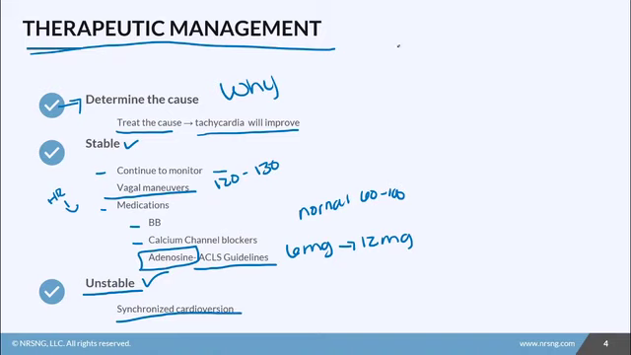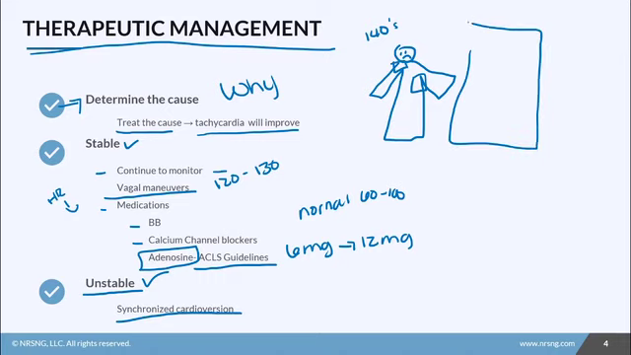So let's talk about a synchronized cardioversion, because a lot of people get those confused. So here's our patient. And he's sad because he's unstable. So let's say his heart rate is in the 140s and he's very unstable and symptomatic. I'm going to apply some defib pads, one on the back and one on the front. Connect them to my defibrillator. And I'm going to push the button that says sync mode. So what that does